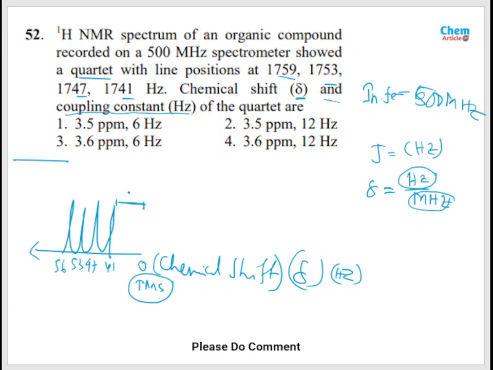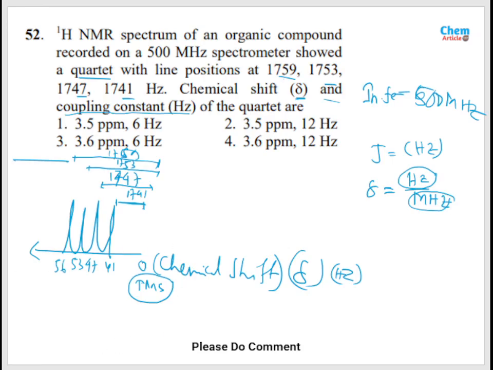This line is at 1741, and the distance between this line is 1747. Similarly the distance of the third line is 1753, and the distance of the fourth line is 1759. So now,